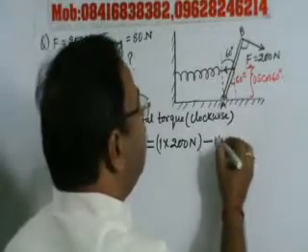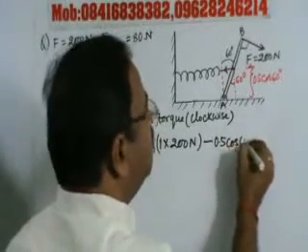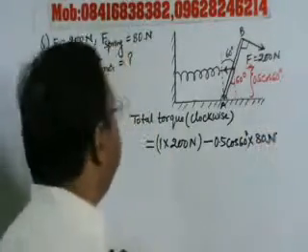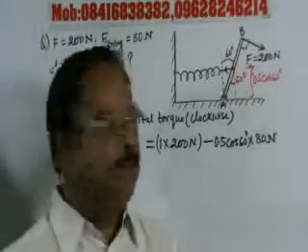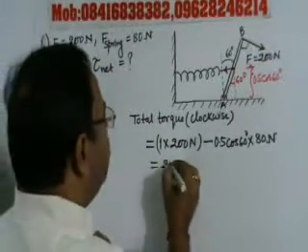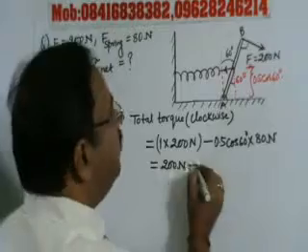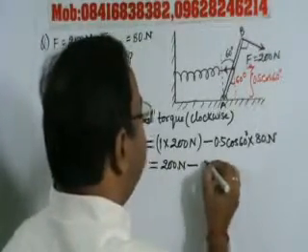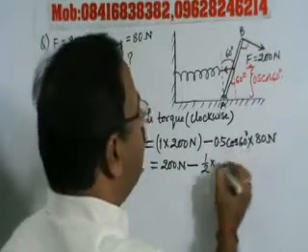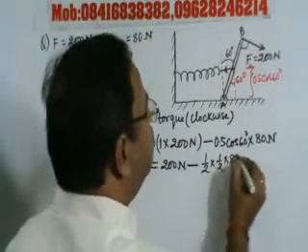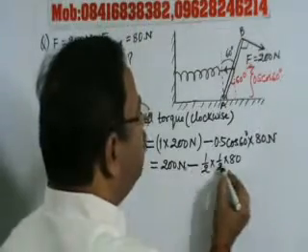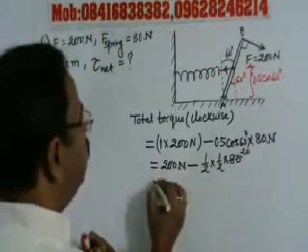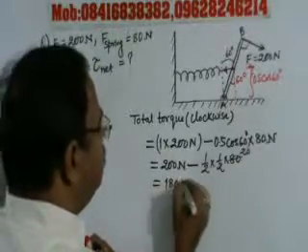The arm is 0.5 cos 60 degree, and the force is 80 Newton. The spring is exerting a force of 80 Newton. It is given in the problem. So this will be 200 Newton minus, right? We can say this is 1 by 2 into cos 60 degree, also 1 by 2, and this is 80 Newton. So this is 20 Newton, right? So this will be equal to 180 Newton.